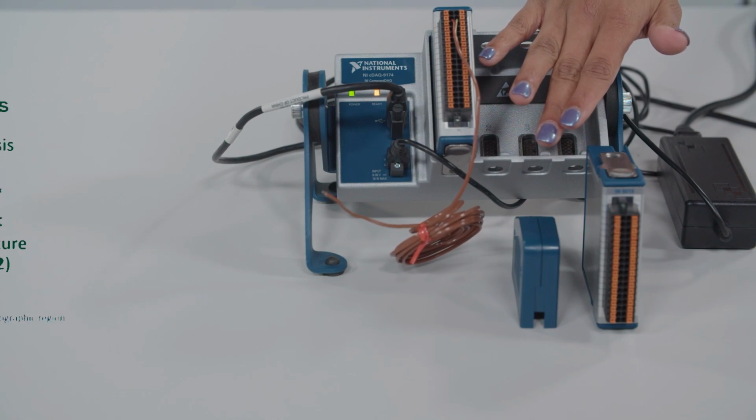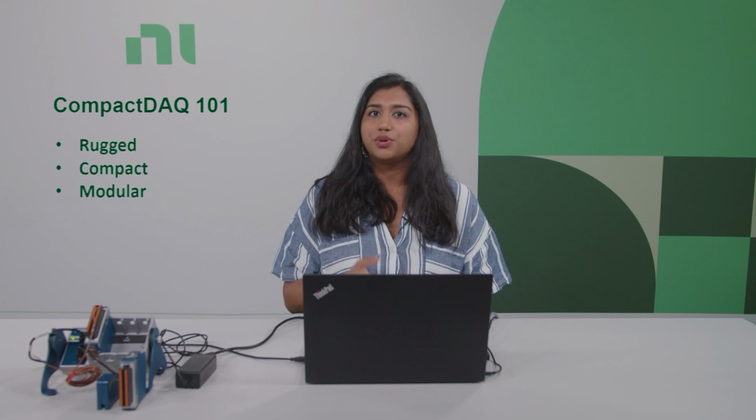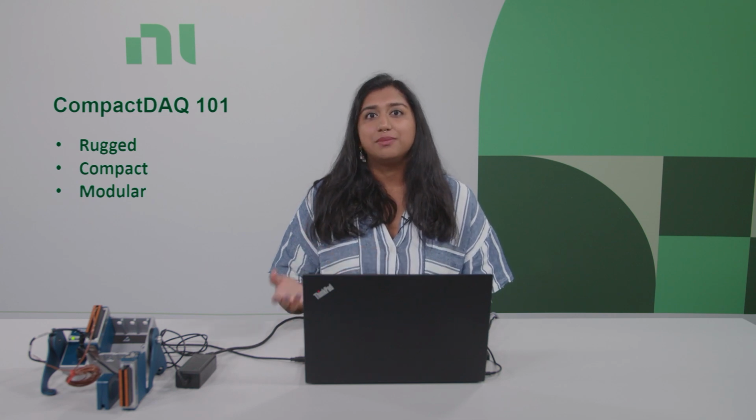And for those of you unfamiliar with the CompactDAQ chassis, it's a rugged, compact, and modular platform that you can connect directly into your PC with slots for various C-Series modules. You can add or even swap out modules depending on changing requirements, which brings added flexibility to your current and future test systems. In this specific bundle, we have the